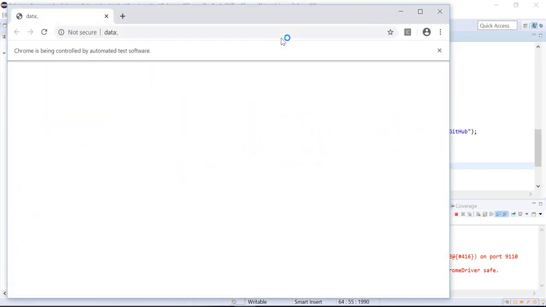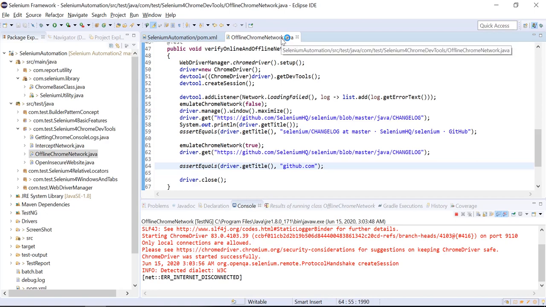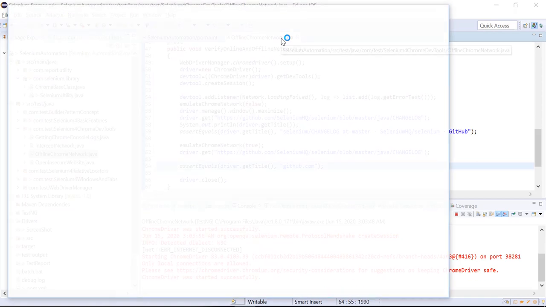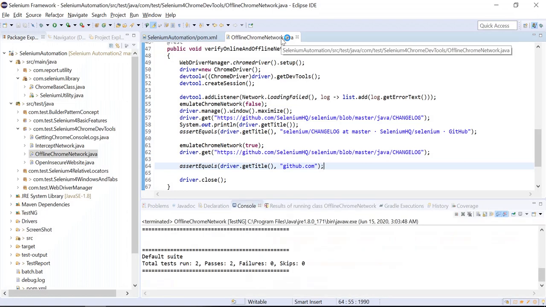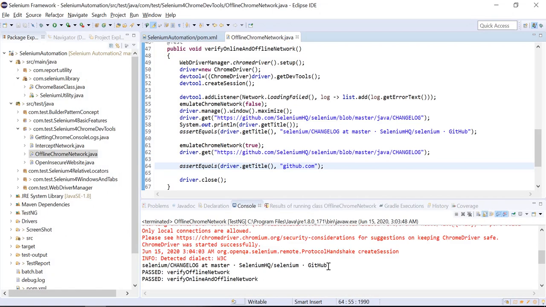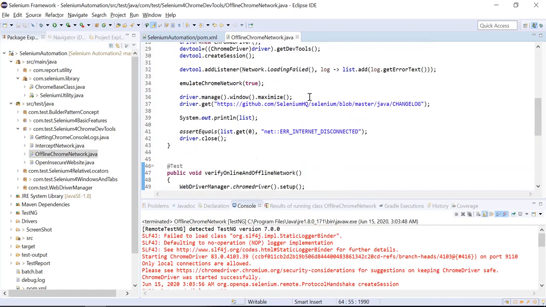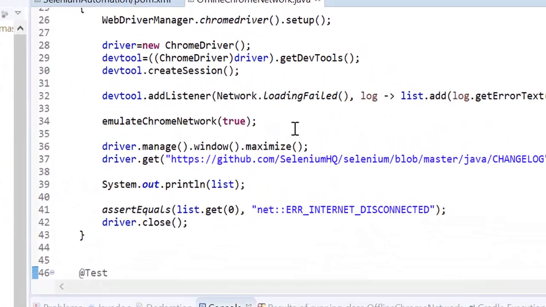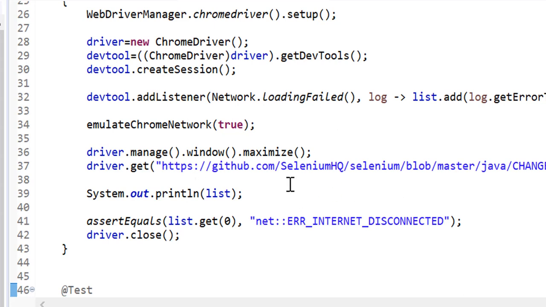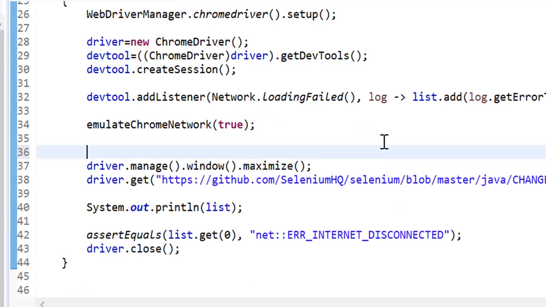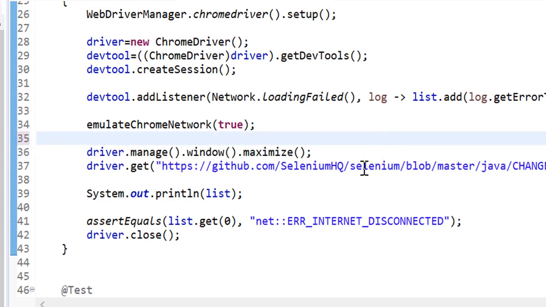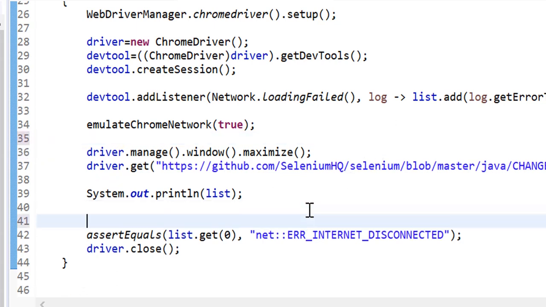Now the browser is going to launch. The first test case completed very fast. This is the second test case, and here the network is off. We can see both test cases pass. I think the speed was very fast. Let me add some wait, because some people will not see what is happening in the backend. So I'll add some wait here before launch, after launching, and here I'll use some wait.